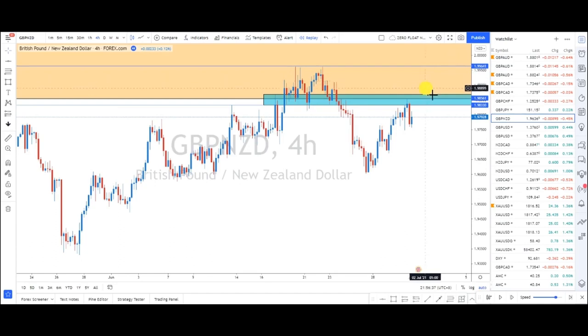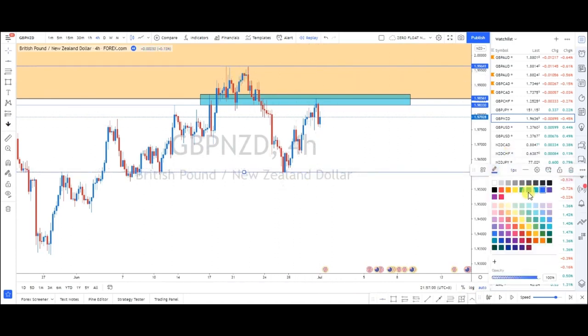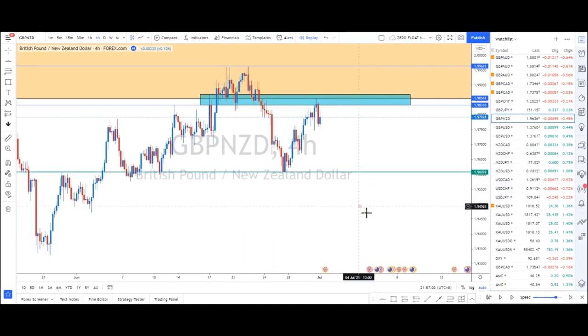Okay, so if you are willing to risk 30 to 35 pips, then you can set your pending order here. If you do set your pending order, then congratulations, you are actually in profit currently. Okay, guys. So next, to set our reward here, we go to the previous lower low of the QM. So I'm going to mark this green color with number 2. Okay, guys. And then let's go to the